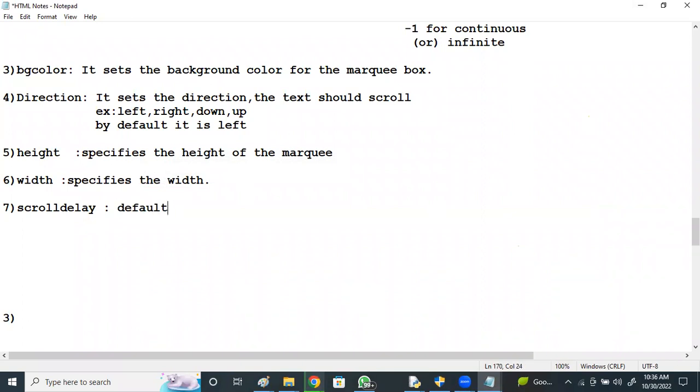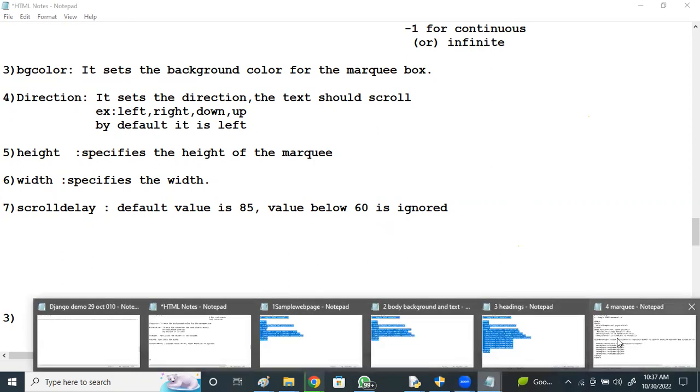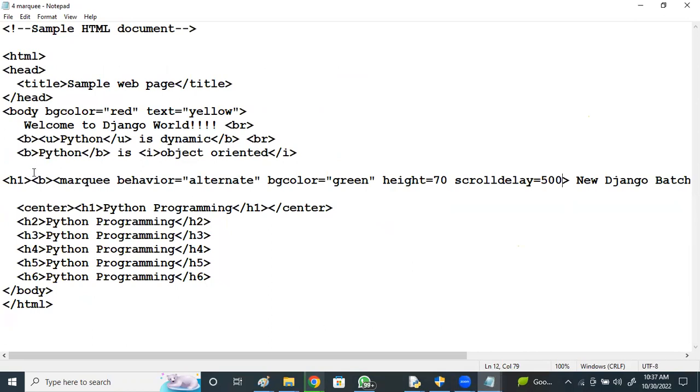The default value is 85. Value below 60 is ignored. And see this, for example, this for alternate.